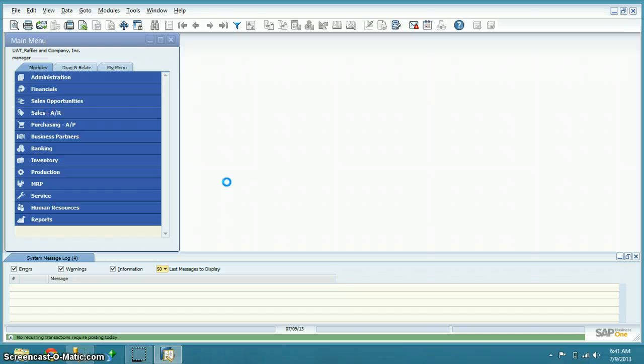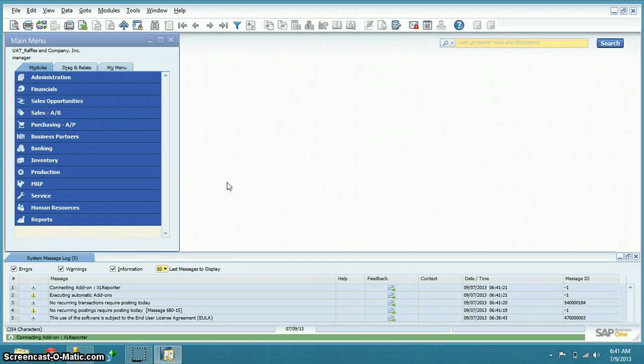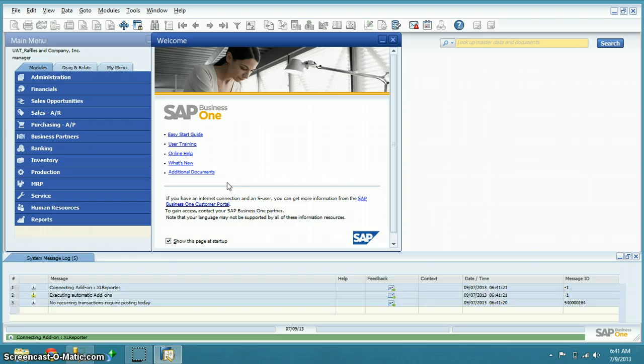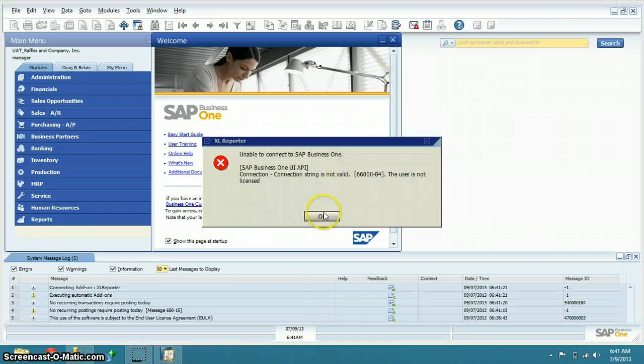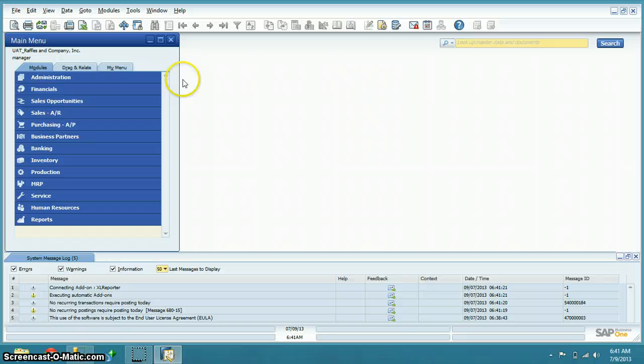Then here are the modules in the SAP Business One. The administration module, financial module, sales opportunities module, sales module, purchasing module, business partner module, banking, inventory, production, MRP, service, human resource, and reports.